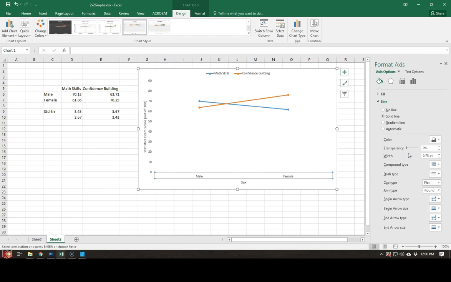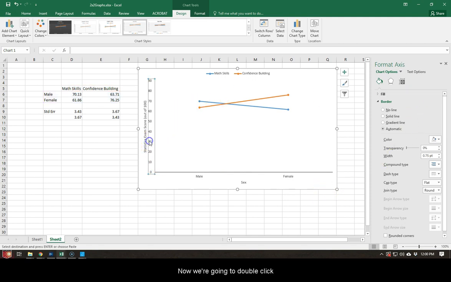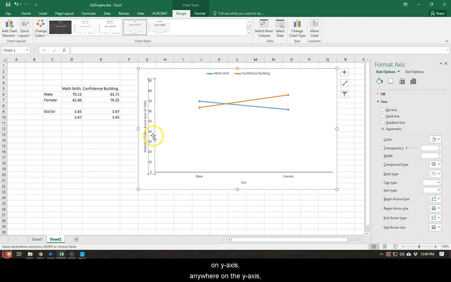Okay, and it makes the change immediately, and so if I click away from the options, you can see that it is a solid black line. Now we're going to double click on the y-axis, anywhere on the y-axis. Again, if you click anywhere where the numbers are in the y-axis, it will bring up the format axis options